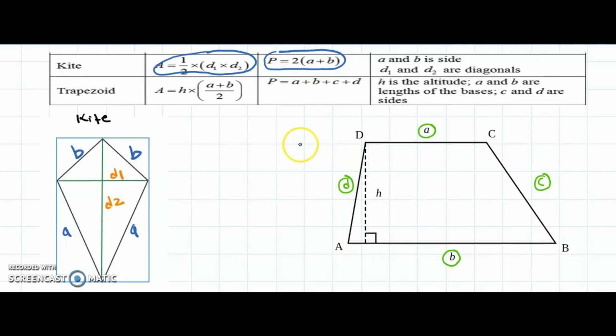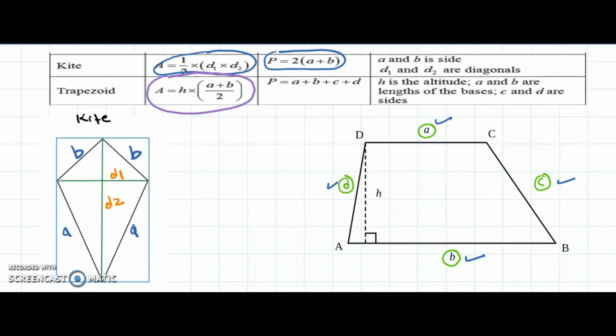Now let us talk about the trapezium, or we call it a trapezoid. A trapezoid contains the height H that we have drawn with the dotted line, so its area will be H into (A plus B) by 2. Here I have marked this as A, this as B, this as C, and this as D, all the sides. The area is H into (A plus B) by 2. You have to remember that and always understand it also.